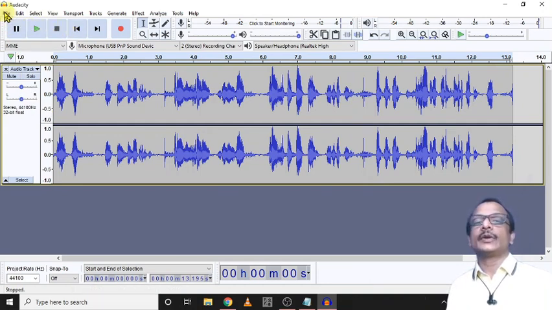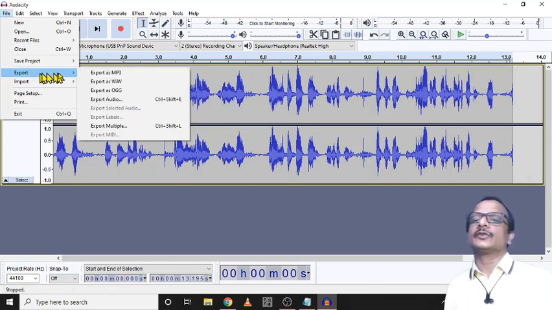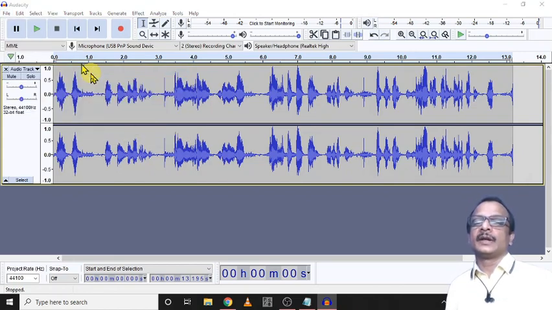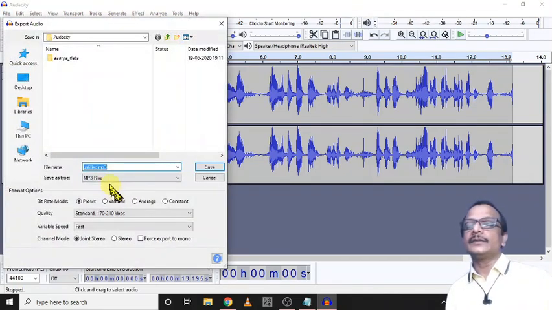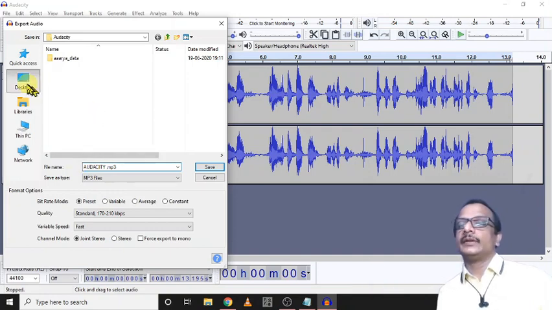It is needed to export into MP3 format or AAC format, or you can try any other format. I select here export to MP3. Just click on MP3. Now this file is exported as my Audacity test file onto my desktop.